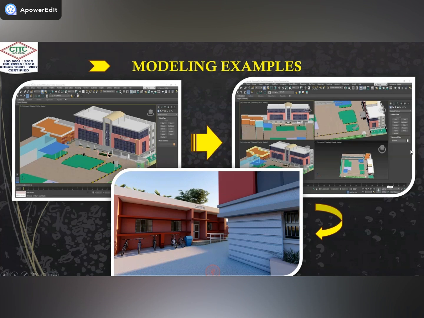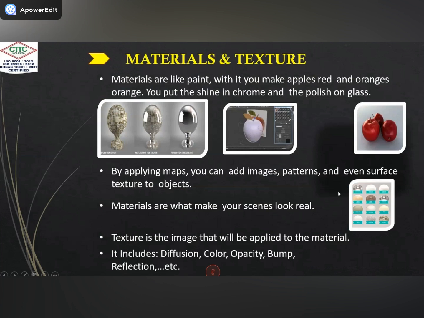Next I am going to explain our material and texture. Material is also known as color. If you want to use color, then you can use the material window. In the material window, like in Paint, I make an apple. See here, I made one apple. Then I want to put apple color on this apple model. So you can use the material. Through the material, you can put an apple color on this model.